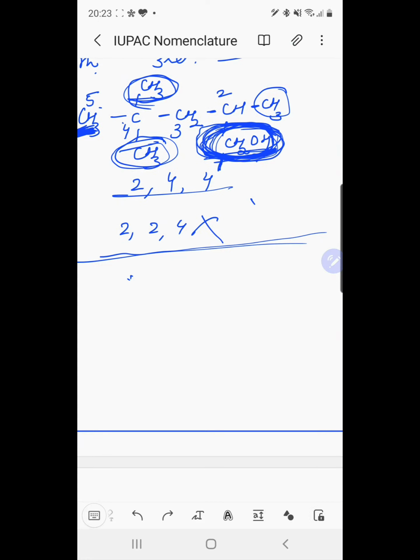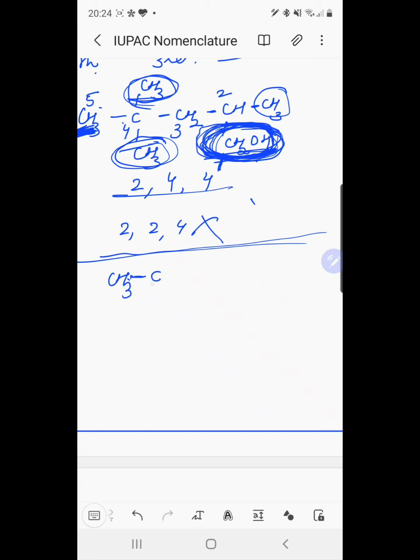Now if the parent chain, in addition to the functional group, also contains a double or a triple bond or both, the locants for the multiple bond are automatically fixed once the lowest locant is assigned to the functional group. We will give preference to the functional group in comparison to the double or triple bond. When we give our preference to the functional group, the positions for double and triple bonds are automatically assigned. For example,